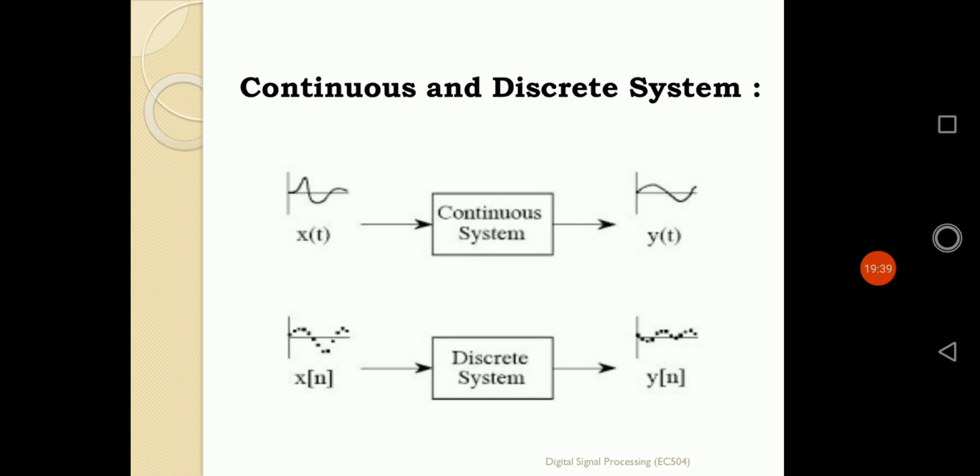So in comparison of continuous time system and discrete time system, the continuous system will be simple to use, because input is continuous, output is also continuous. That is gettable in the universe. But for a discrete time system, the input is discrete time, output is discrete. That is not normally gettable naturally from the system. So in that way, the system can be defined as a continuous time system and a discrete time system.